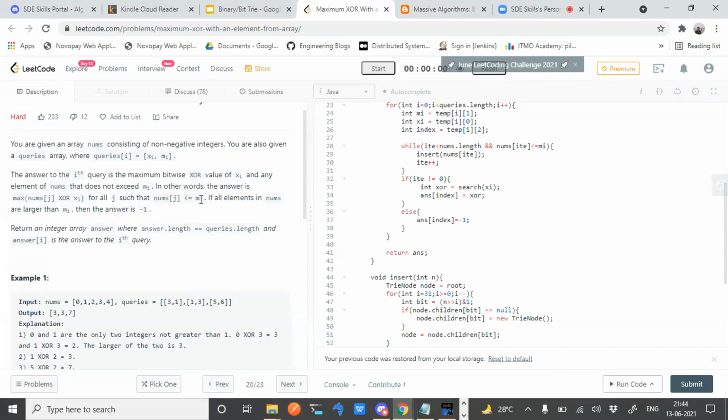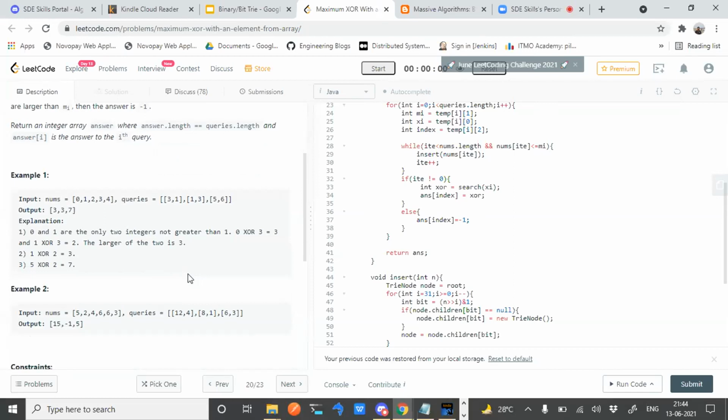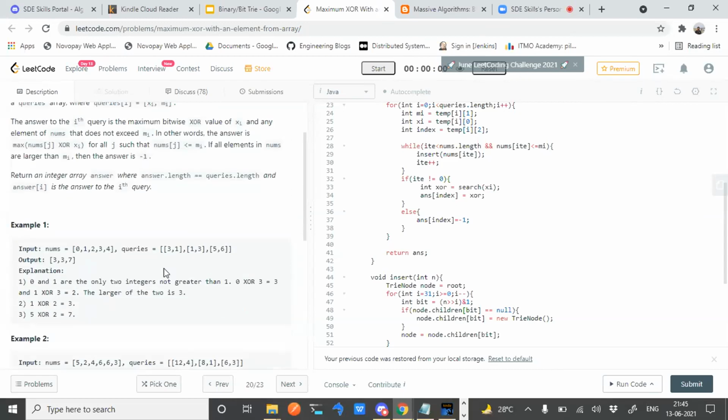If you look for 3 and 1, you have to look in your nums array for any number lesser than or equal to 1. In that case, we find 0 and 1. If you XOR 0 with 3, you will get 3, and 1 XOR 3 is going to give you 2. Therefore 3 is greater than 2, and you return 3 in that case. That is the way you keep on doing the queries.